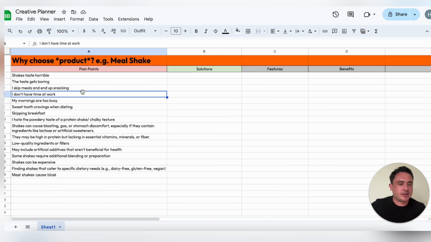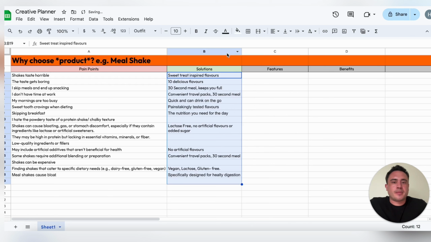You've got a sweet tooth craving when you're dieting. So we've got pain points related to the specific products that they've tried before, but we've also got ideas of what people are living with every day. Sweet tooth cravings when I'm dieting, that's what makes me always quit my diet when it comes into the evenings. This is a pain point that we can hook onto, and then show how our products can help that. So going on to the solutions,